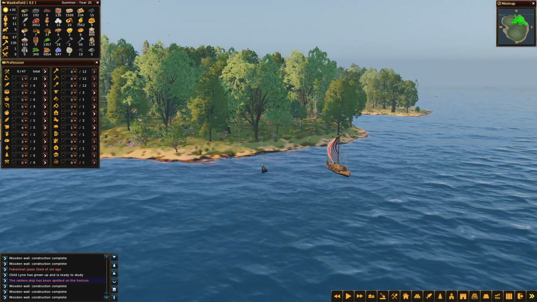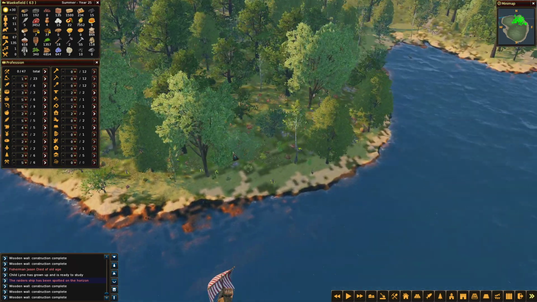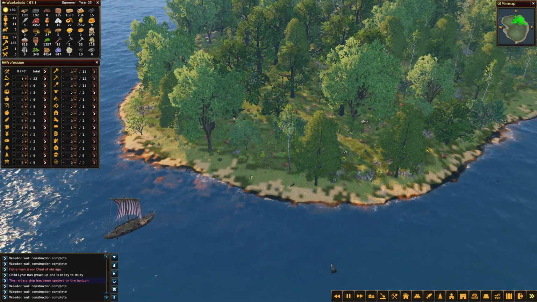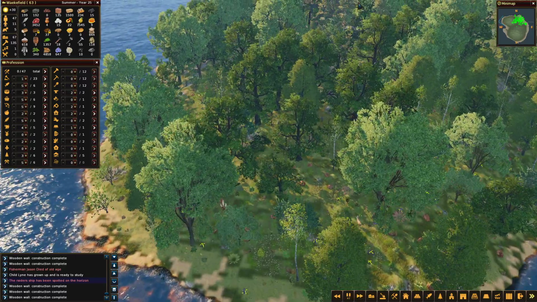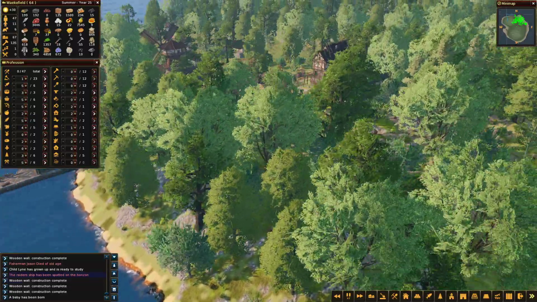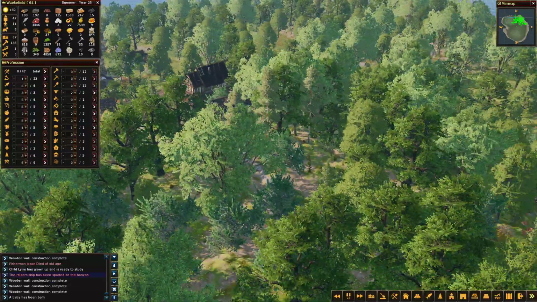Welcome back, and we're at the very beginning of a raider invasion. Let's see if we can take them on. We'll just see where they land. We'll just see if we've got anyone nearby. Here's our village, the edge of the village here. And there's our...